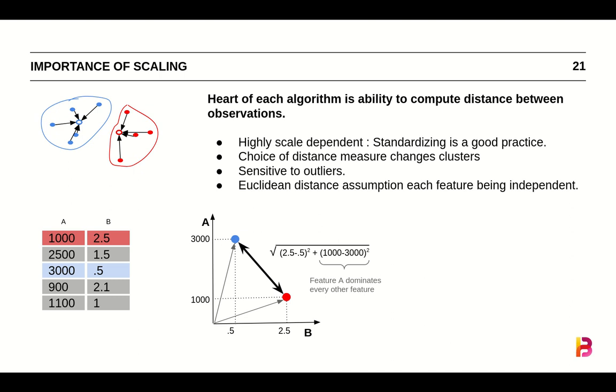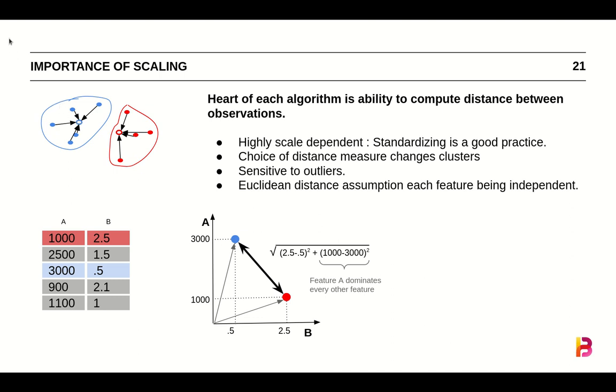These algorithms are extremely sensitive to outliers. So if there was one observation which had A as 20,000, imagine the kind of distance it would calculate and the kind of distortion it would lead to the centroid when it's calculated. Because one observation is here, centroid would be pulled towards that observation, and instead of a centroid here, you would end up having a centroid somewhere here.